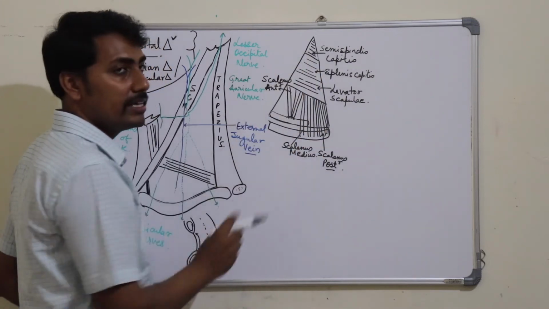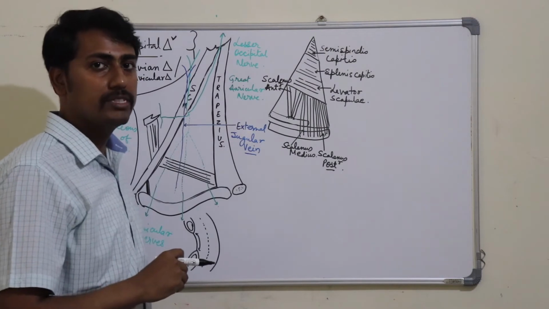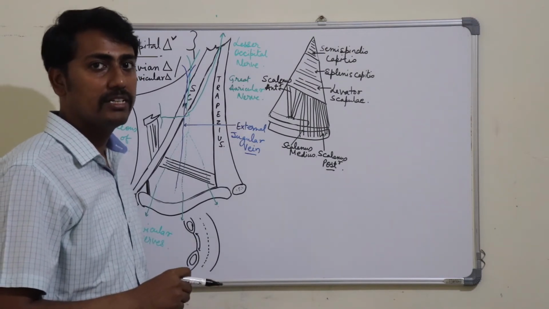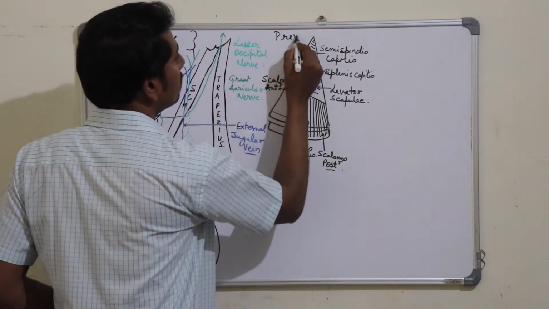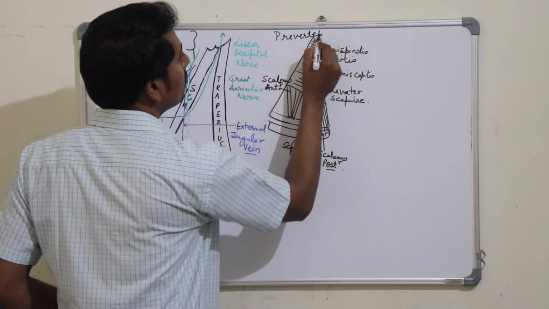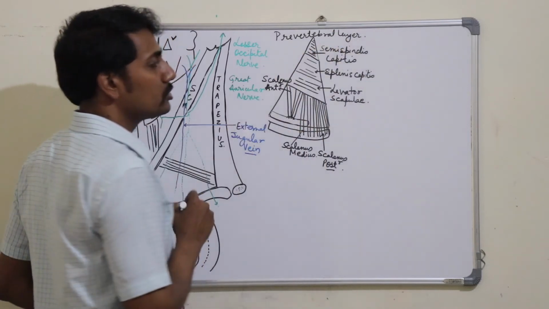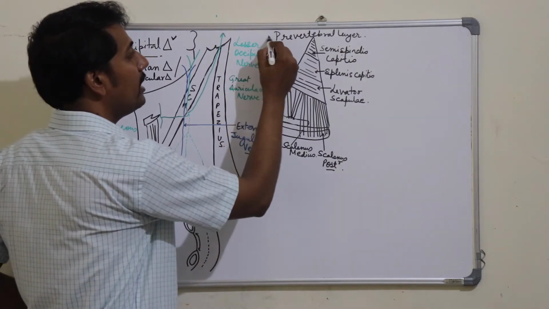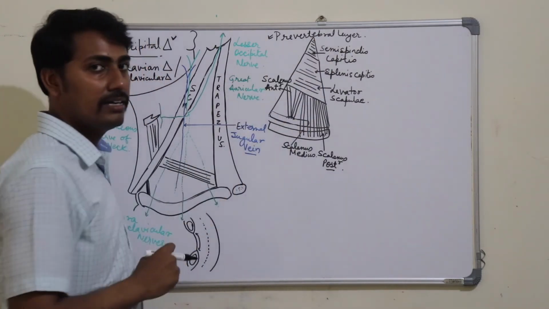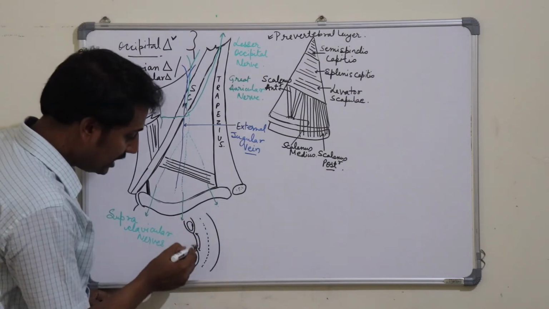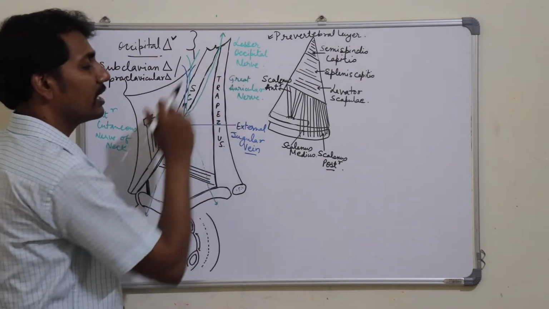and this floor of the posterior triangle is covered by a fascial carpet, or a fascia, which is a part of the deep cervical fascia, that is the prevertebral layer of the deep cervical fascia. So remember, the prevertebral layer of the deep cervical fascia is covering the floor of the posterior triangle, and the investing layer of deep cervical fascia is forming the roof of this posterior triangle of the neck.